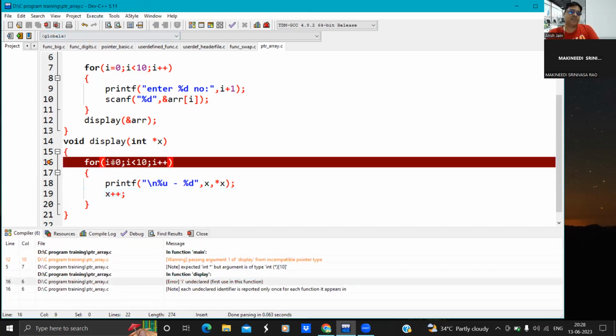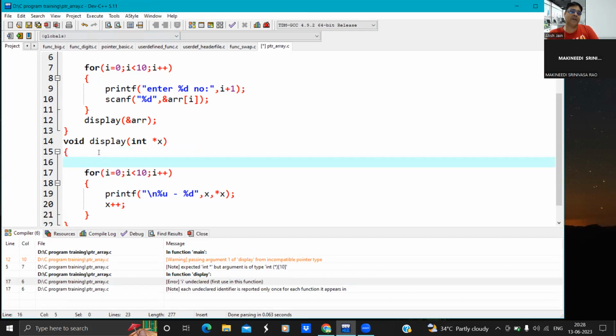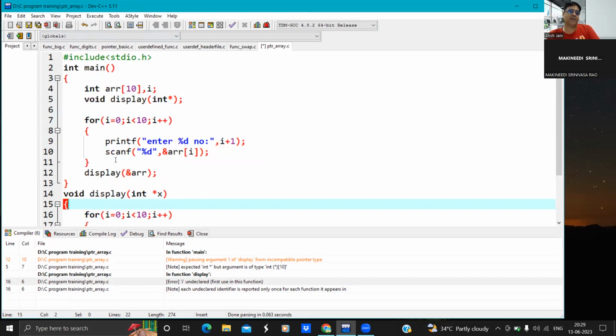So here the problem is there is no I in this function, because you have declared I within the main. So don't declare it here, because suppose in future you are writing 10 functions, it is not recommended to declare the same variable 10 times in 10 different functions. It's better you declare it globally before the main. So you remove that I variable inside the main function, because it is required in the main function as well as in the display function. So you remove it here and you declare it above the main. And that concept we call global